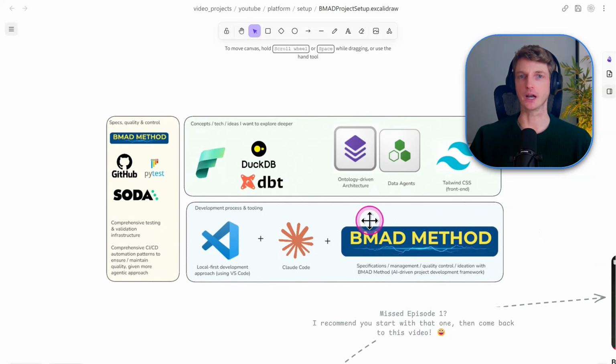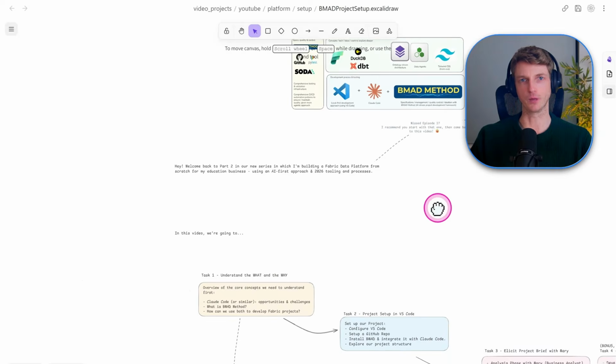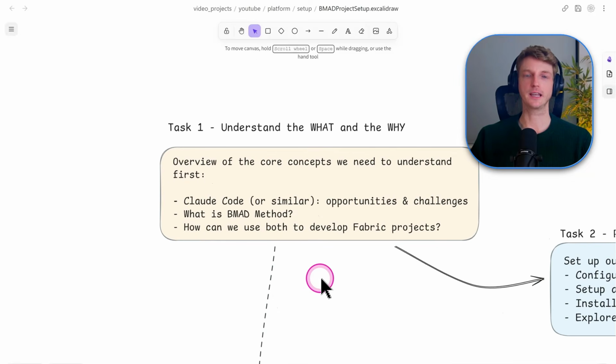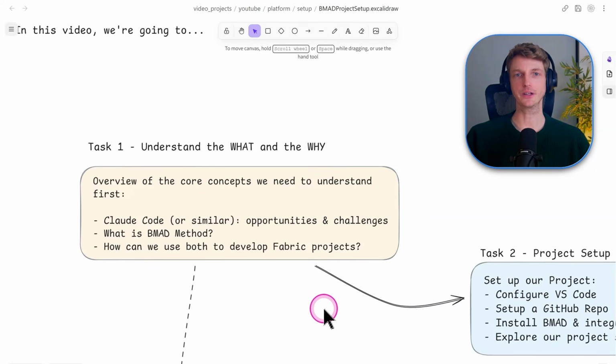We went through this diagram in the last video. If you haven't watched part 1, then I definitely recommend you watch that one before this video because it will give you good context. In this video, what I want to do is set up our project in Visual Studio Code, setting up BMAD, the method, the framework that's going to guide us through the development